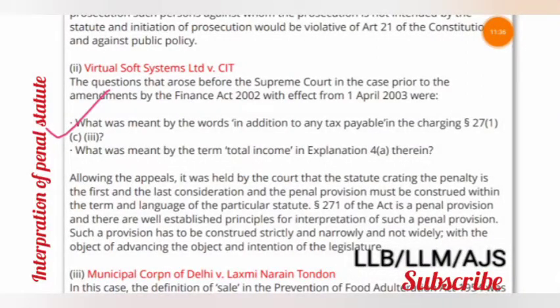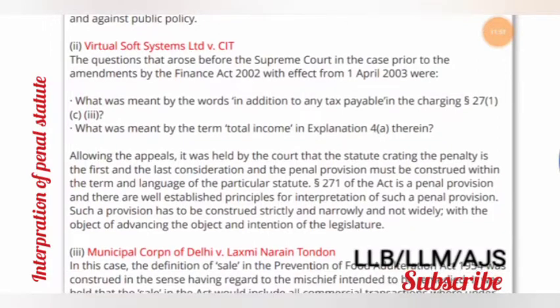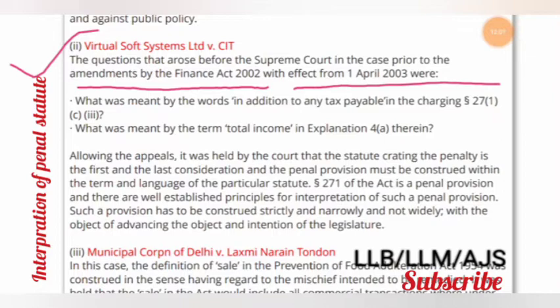What was meant by the words "in addition to any tax payable" in charging Section 271(1)(c)(iii)? What was meant by the term "total income" in the Explanation? So Virtual Soft Systems Ltd versus CIT was the case, on questions that arose prior to the amendments by the Finance Act 2002, effective from 1st April 2003. Allowing the appeals, it was held by the court that the statute creating the penalty